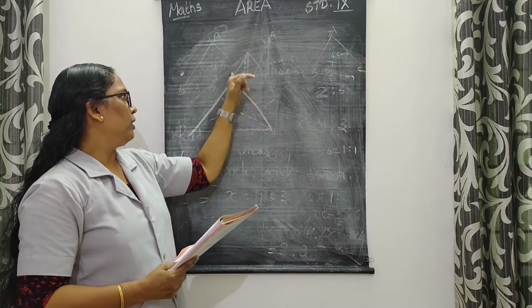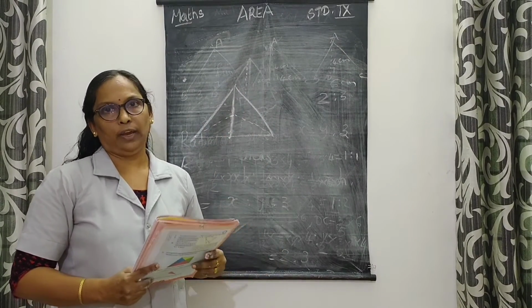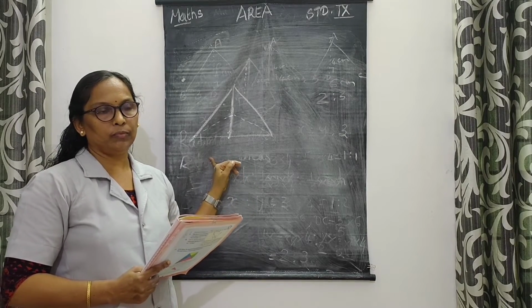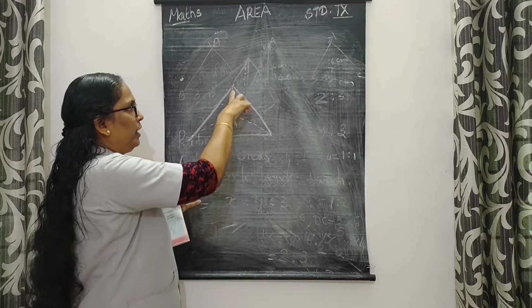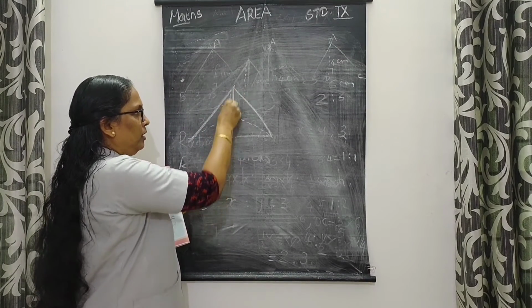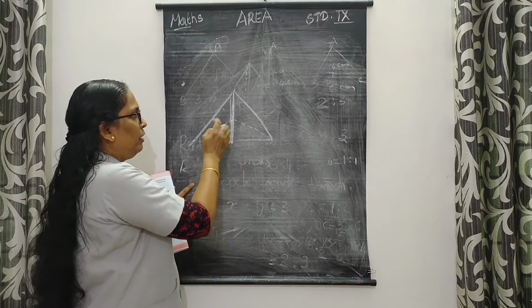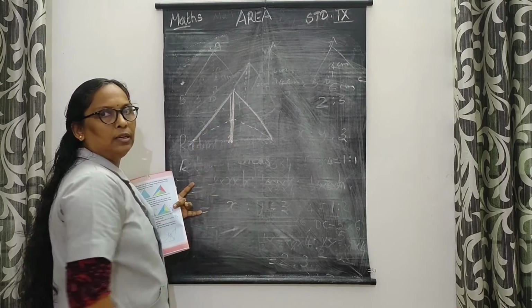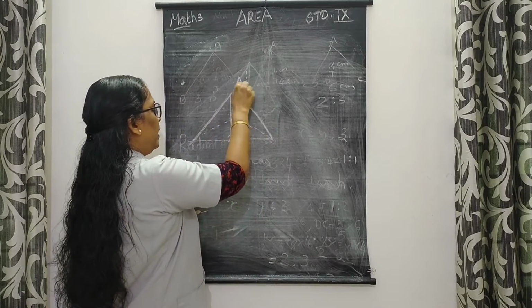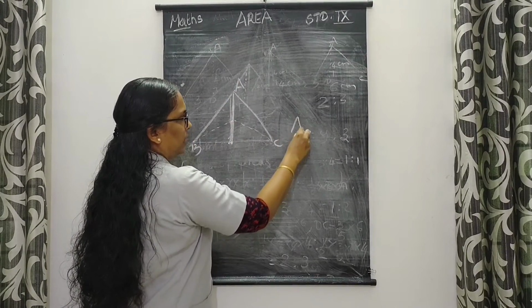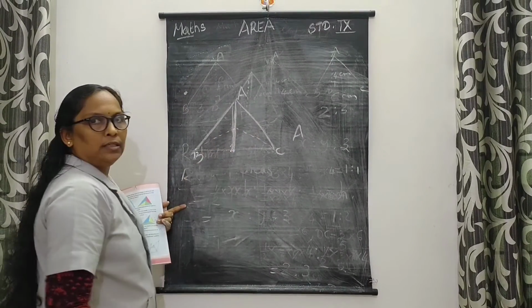That is, suppose the total area is A, then each triangle's area is 1/4 of A. That you have to prove. How can we prove this question? Here, first we consider this line. It is the bisector of the base. That means, what will be the area of these two triangles? The total area of this full triangle you can take as A.